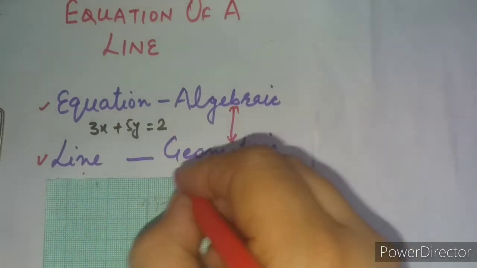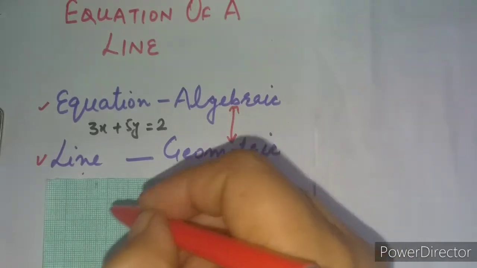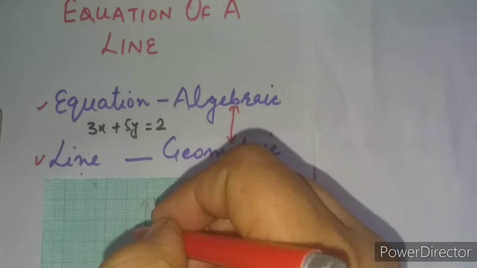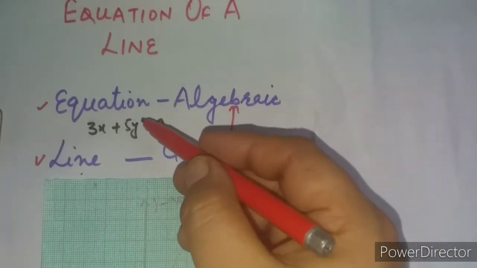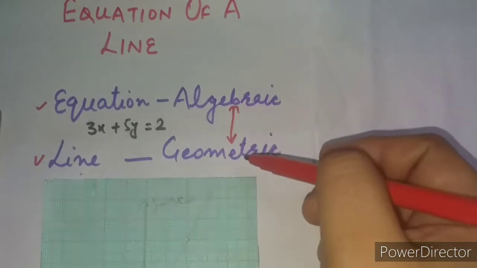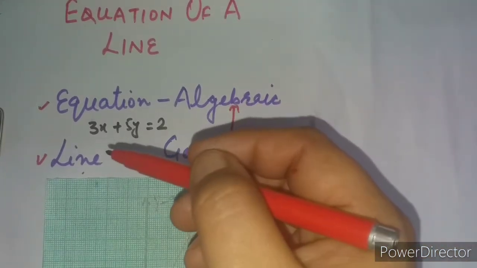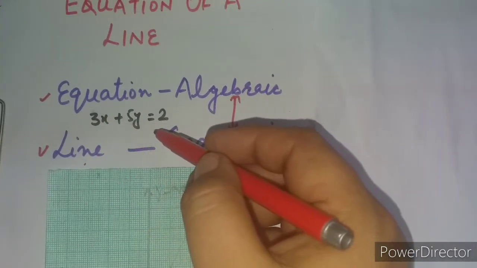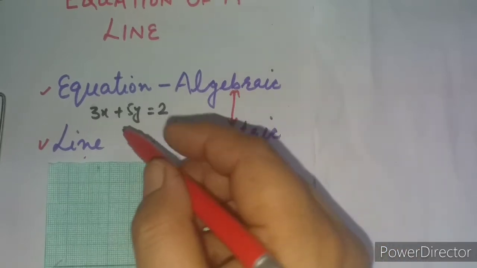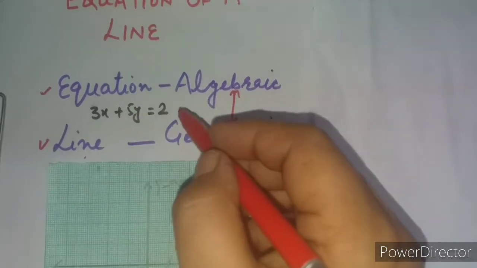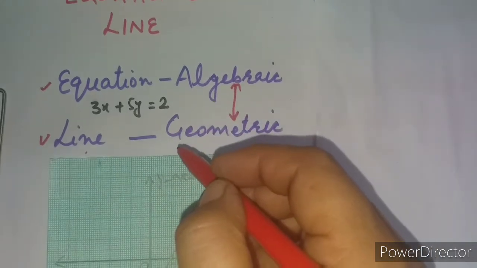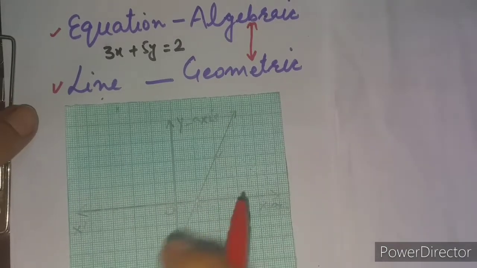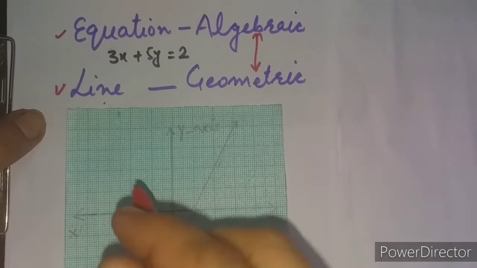And the things which I am going to explain now are going to become the backbone of this very interesting chapter, right? So let us try to understand. First of all, equation and a line, algebra with geometry. If you remember of your previous classes, whenever such linear equations were given to you in your class 8th or 7th, then for every such equation you were able to draw a graph like this. And what was the method?